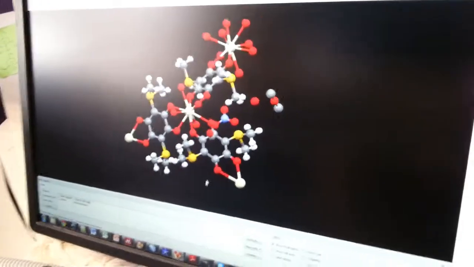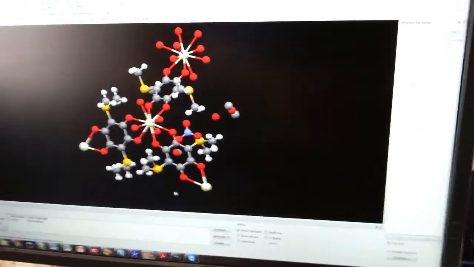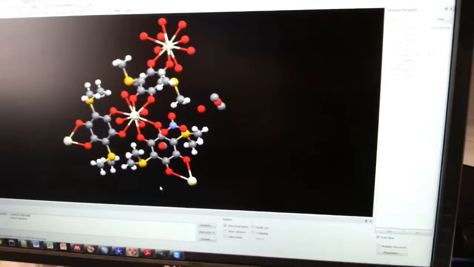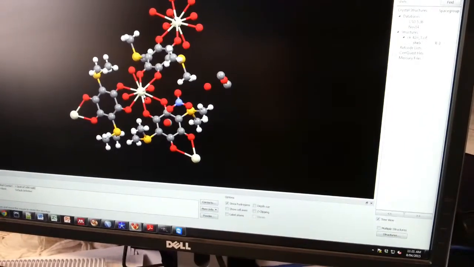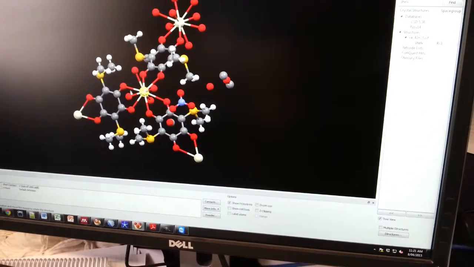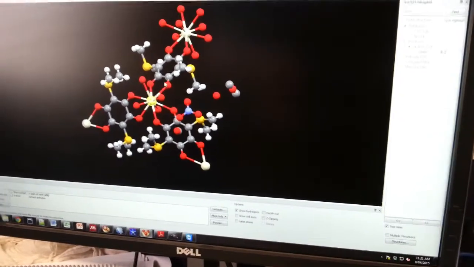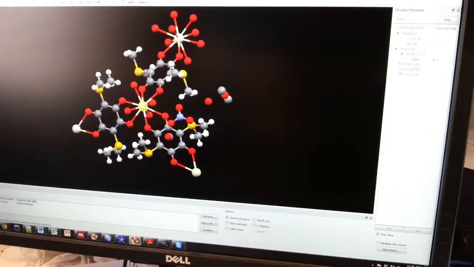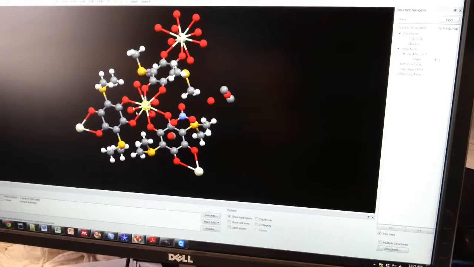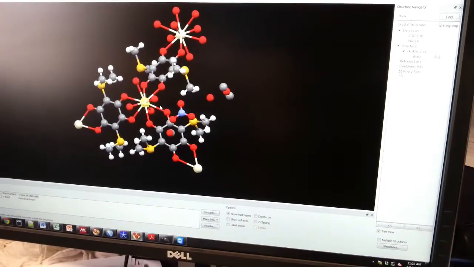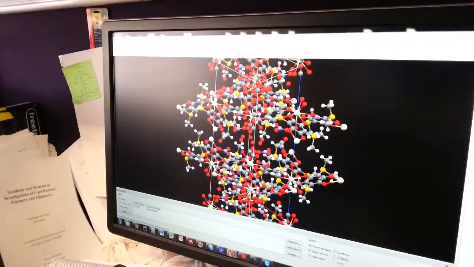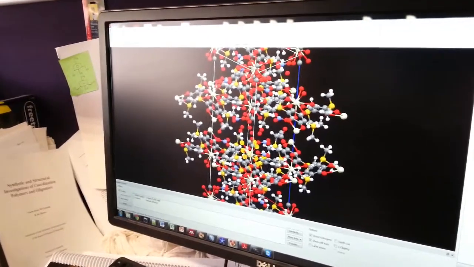So you can kind of see them. Each of the balls is an atom, and these are part of a repeating structure. The metal center here is cerium, and that's coordinated by 10 oxygen atoms, 6 of which are part of your coordinated ligand, and the other 4 are just water. That's also coordinated to the metal. If you're just looking at one layer,